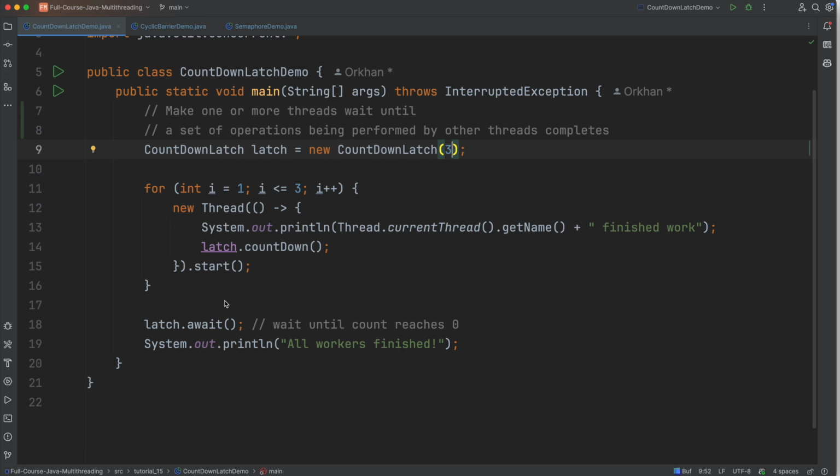But let's say that we are creating one more thread outside of the main thread, and we want that thread to wait until these 3 threads are completed. For that, we are using a CountDownLatch. The next one is